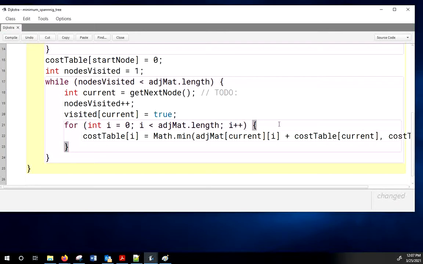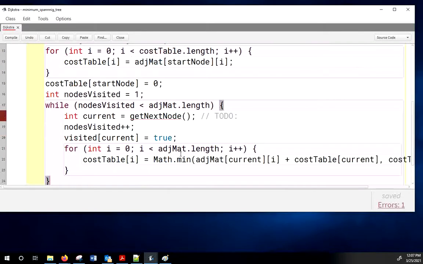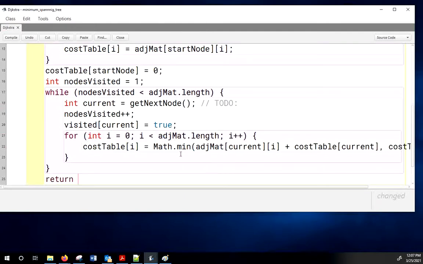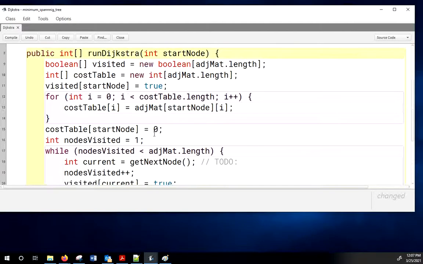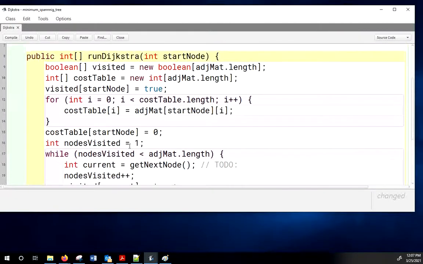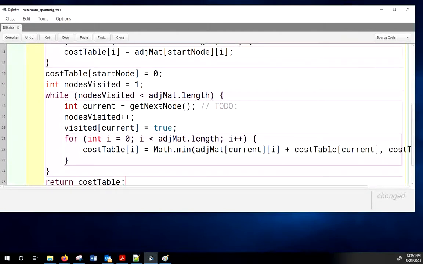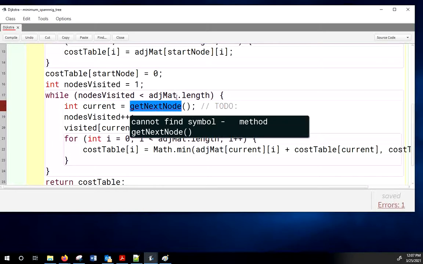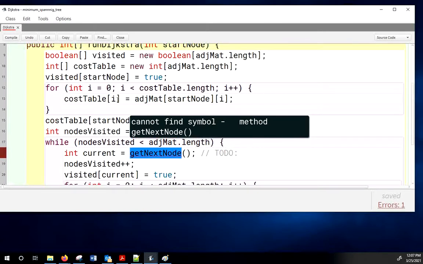And basically, that is it. Then when we're done, we simply return the cost table, because that's what we promised to return. And then the user can figure that out themselves, or we could write a little helper method that does it. I think it works best to put the logic for get next node into its own little